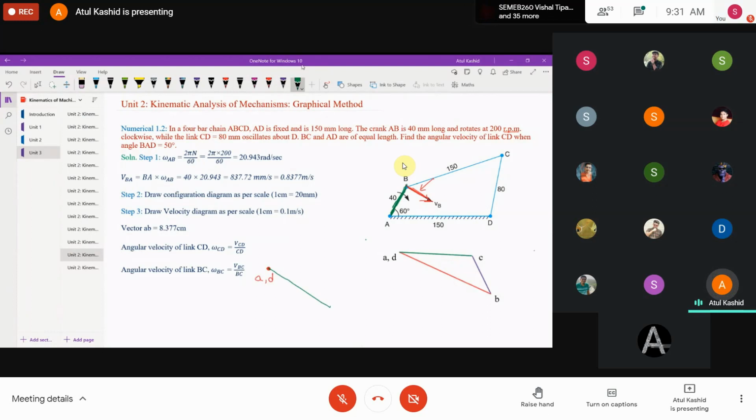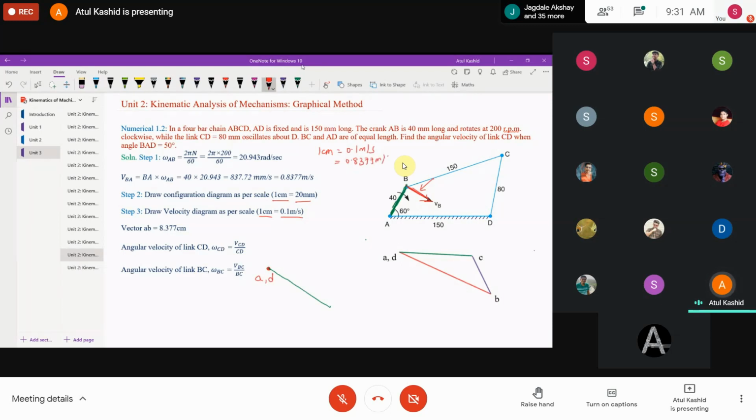Now, before that, I just forgot to tell you that we have to take the appropriate scale first. We have calculated velocity of BA, velocity of B with respect to A, or we can also write it as velocity of B because it is with respect to some fixed point. So we have taken the scale as 1 centimeter equals 20 mm for the configuration, and for the velocity diagram 1 centimeter equals 0.1 meter per second. So if 1 centimeter equals 0.1 meter per second, then